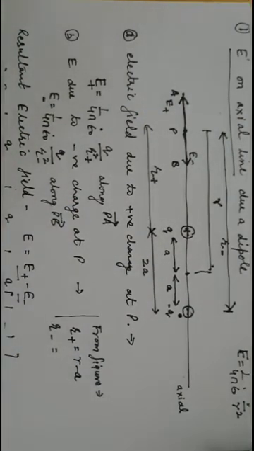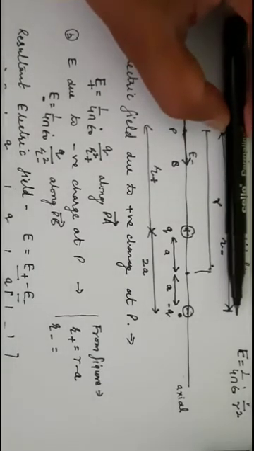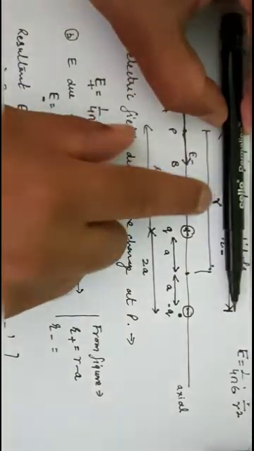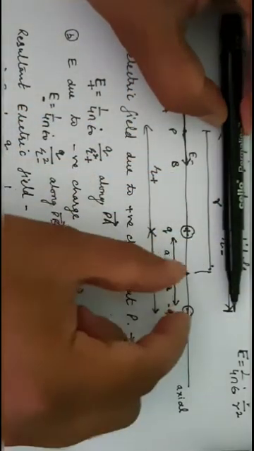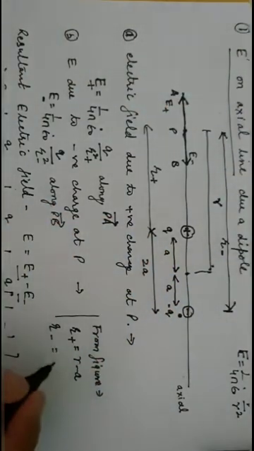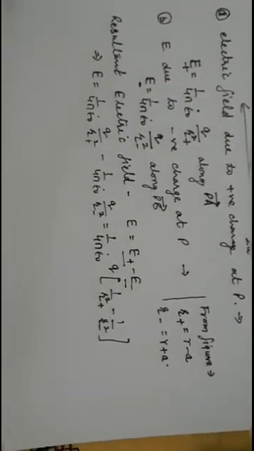Now R negative. R negative is this distance from here to here. If you write it here, this will be equal to this R plus this factor, and this factor is equal to A. So it becomes R plus A. We put both these values in the following equation, then it becomes